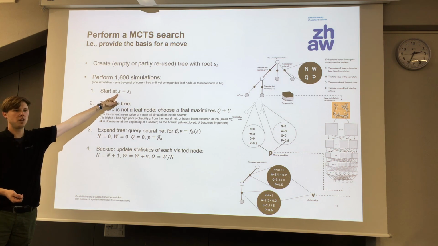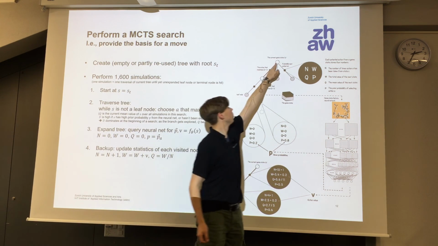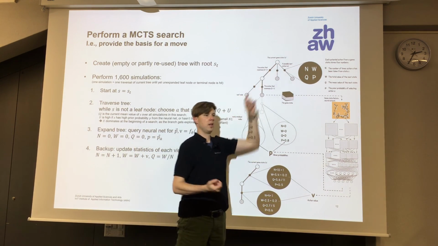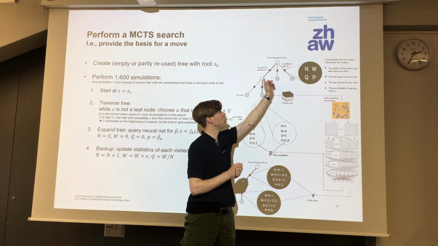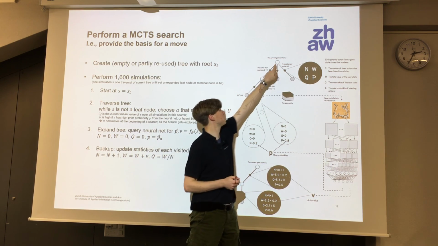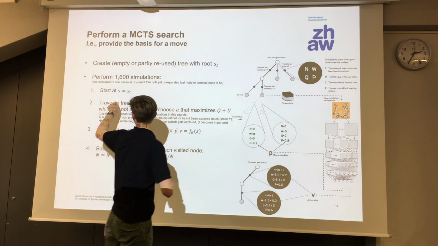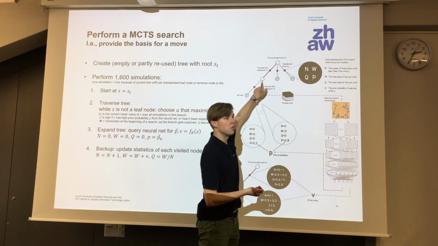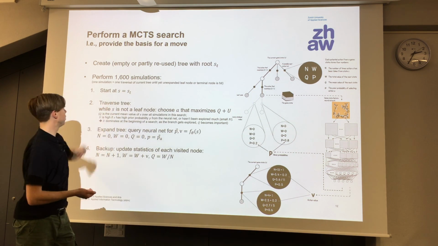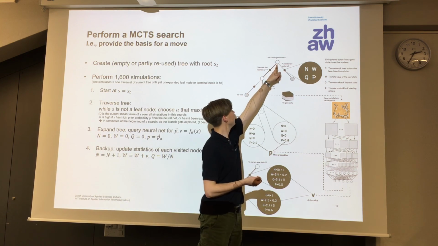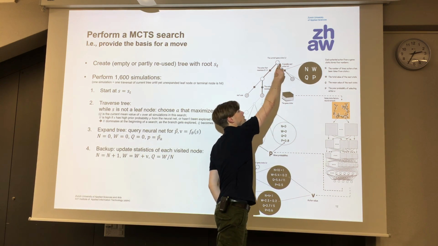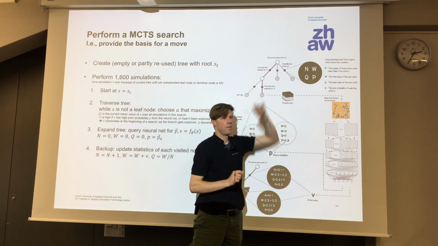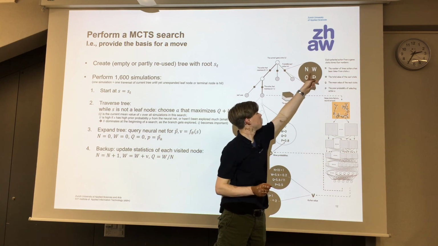We start at our current state, here. And then we go down the tree we currently have. In the very first iteration, of course, there are no more nodes. We just have the root. But let's imagine we are not in the very first iteration, but already in the so-and-so manyeth. So there's already some tree. And now we traverse the tree, meaning we are in the current state, and each vertex here leads to a possible next game state. And each edge has attached to it 4 different numbers.